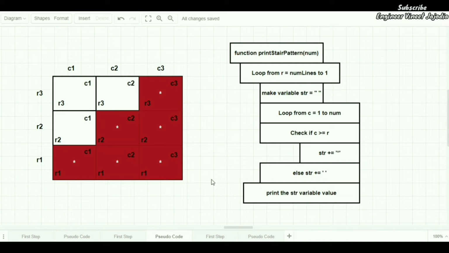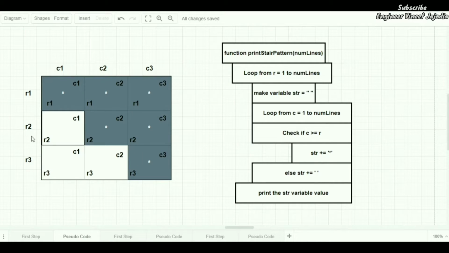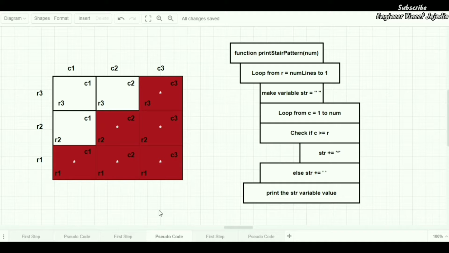Next, now we have to understand here something. If you have seen the previous video of star code, you must have remembered that we were looping like R1, R2 and R3. But for this pattern, we are going to loop in the reverse order for the number of rows, like R3, R2 and R1.